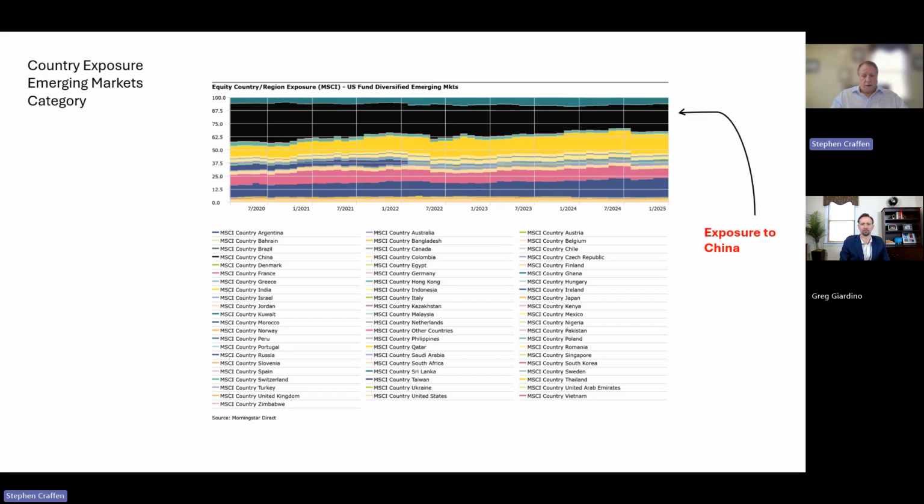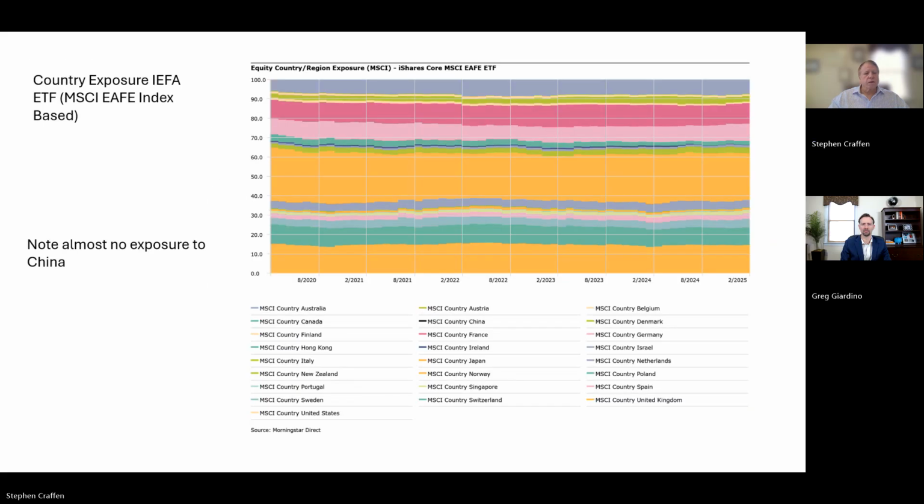We saw what happened when Russia invaded Ukraine. We never had anything invested in Russia, but some emerging market funds were invested in Russia, and those stocks became illiquid when that happened. So I have a real deep concern with emerging markets funds because of their high allocation, many of them, to China. A nice thing about investing in IEFA here, the international index, is you could barely see the black on here, meaning exposure to China. So it should be a lot more minimal, and that should help to remove some of that political risk from the portfolio.